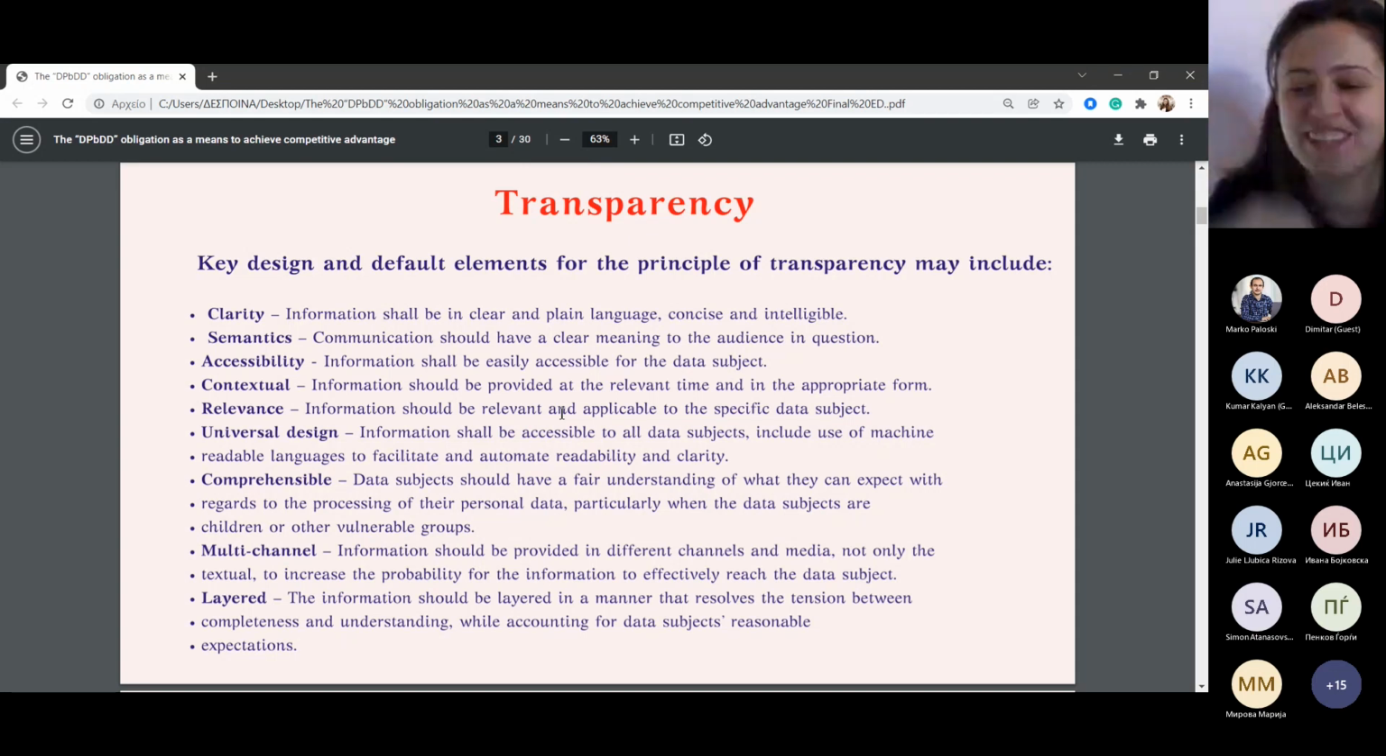I see now a question: what happens if any of those principles are not implemented? I had this in mind as a conclusion, but as you give me the chance now, I will only refer to the accountability principle. This is the umbrella principle: if you do not respect these principles, it means that the controller is being held accountable